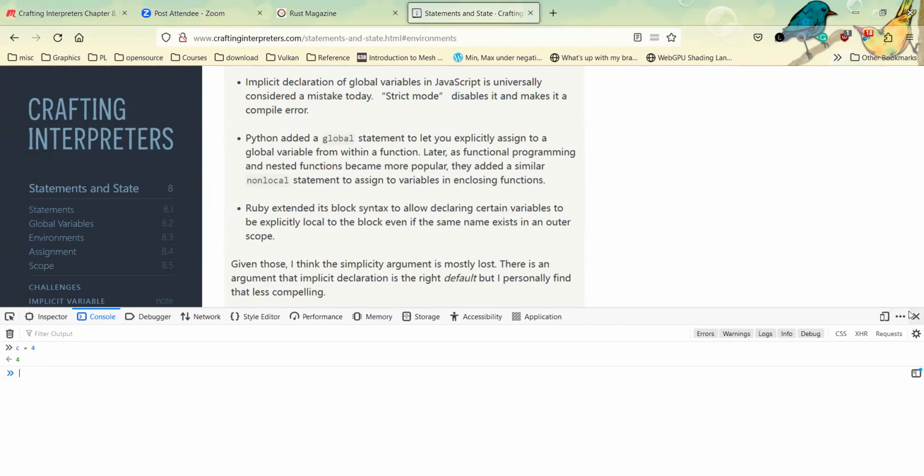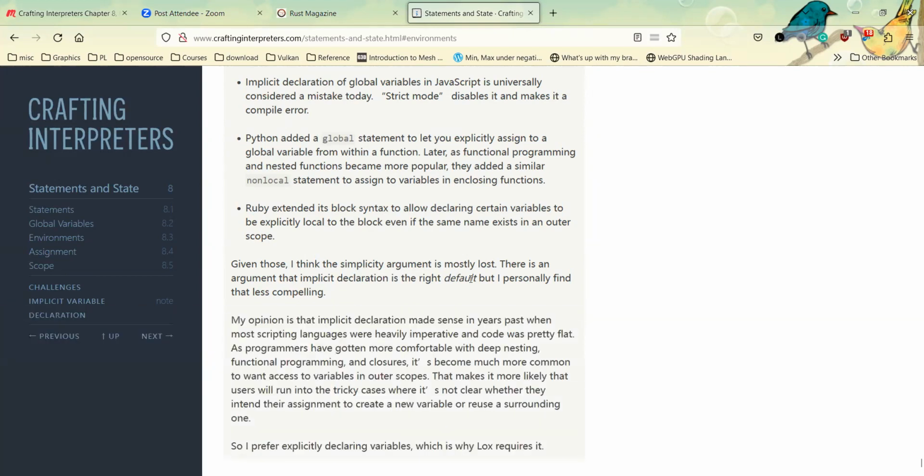The big problem is that in JavaScript it would implicitly create global variables. Also typos: you don't get an error. It's the same with all those implicit declarations: if you have a typo, it silently creates a new variable.